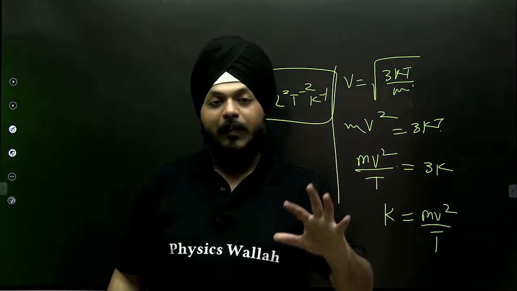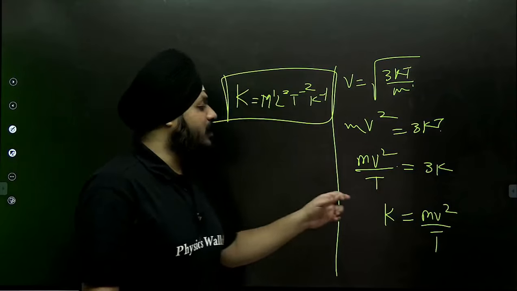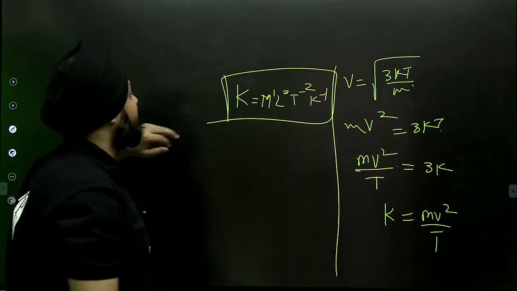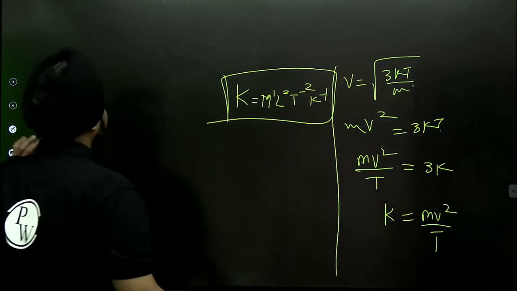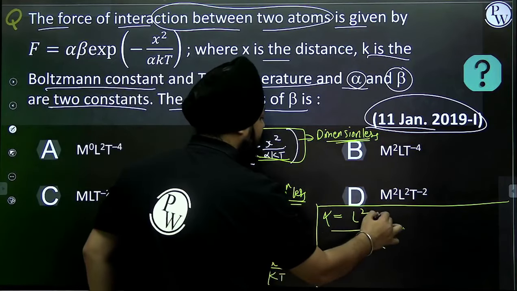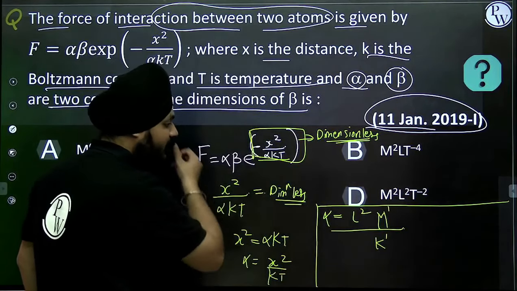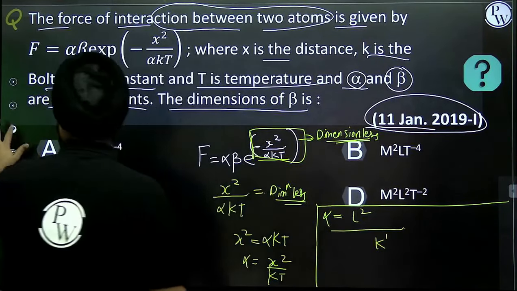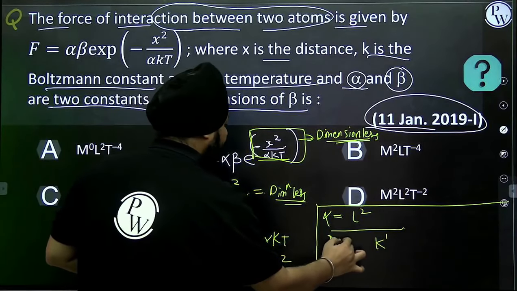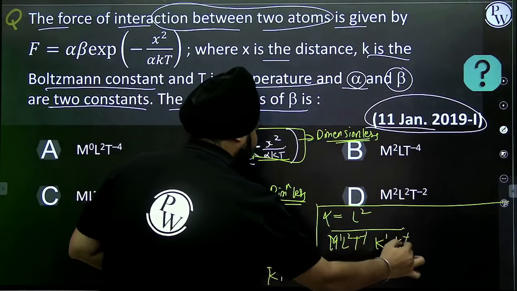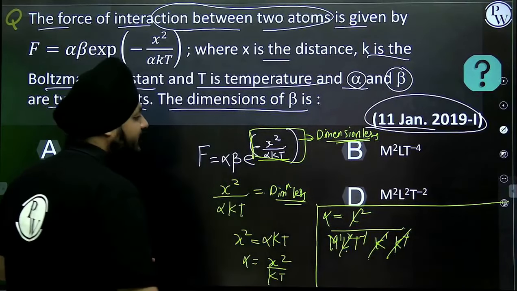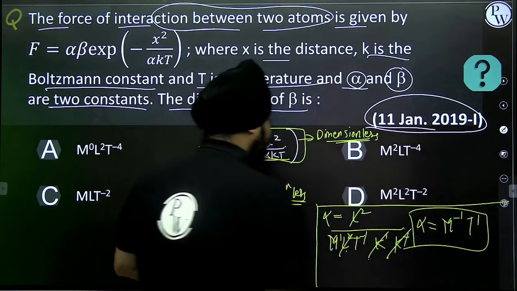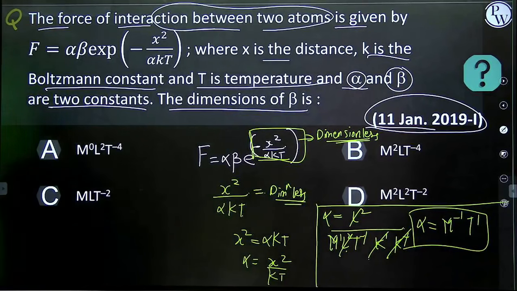We can derive it, but if you remember, then it's okay. Else, if you want to derive the dimensional formula of the Boltzmann constant, we have this equation, so it's M1 L2 T minus 2 K minus 1. We are going to replace this into the denominator part: M1 L2 T minus 2 K minus 1. L2 is going to cancel. So what alpha we are getting is M minus 1 T2.